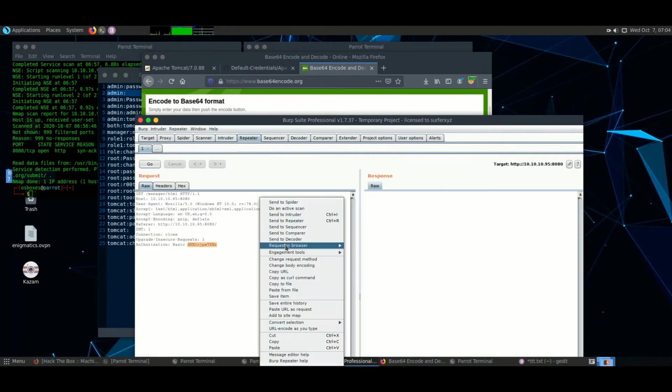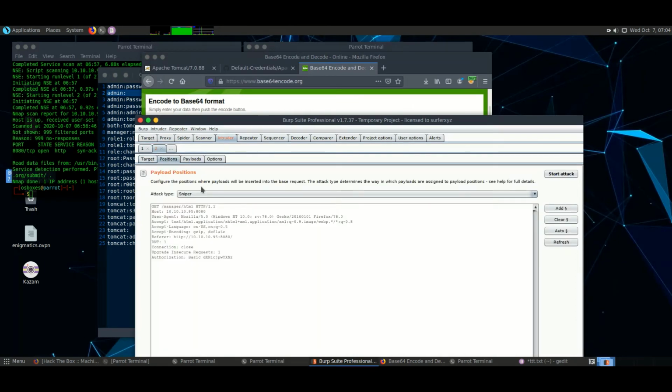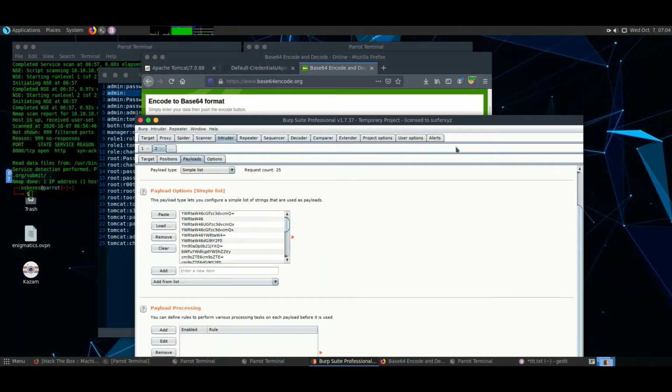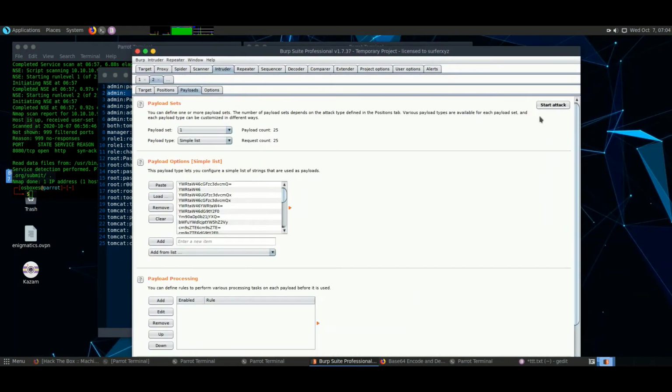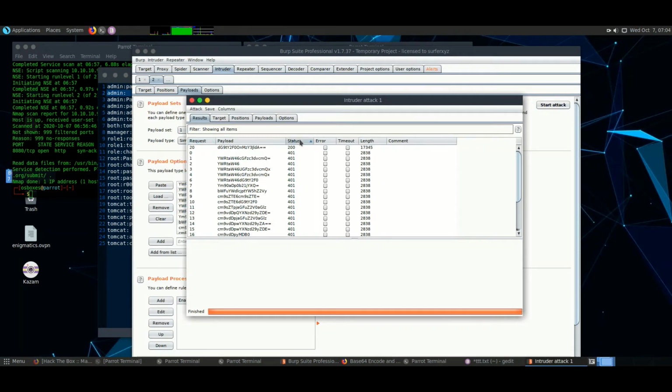Set the position. Set the payload, but we have directly encoded, so we'll deselect the encoding option at the end. Okay, all the payloads have been sent.